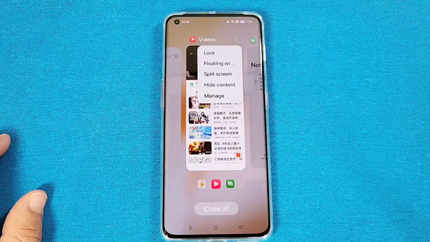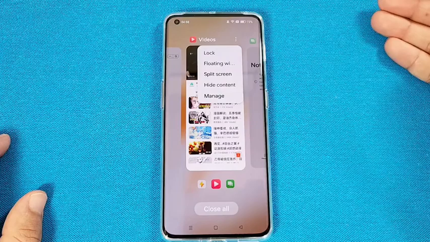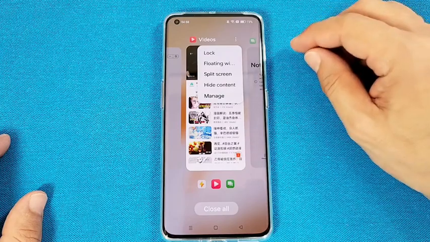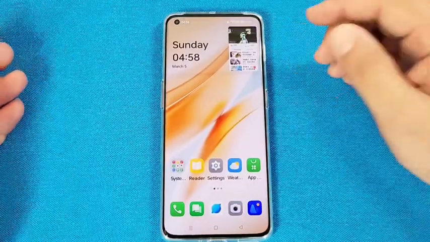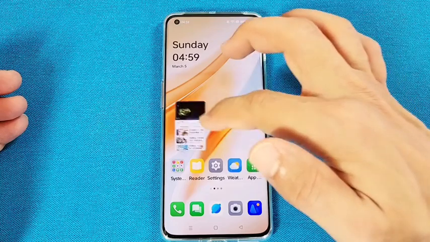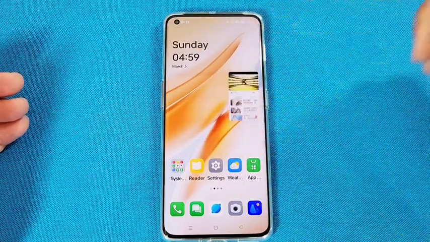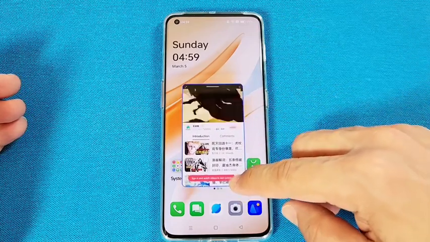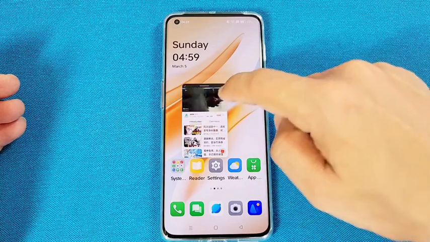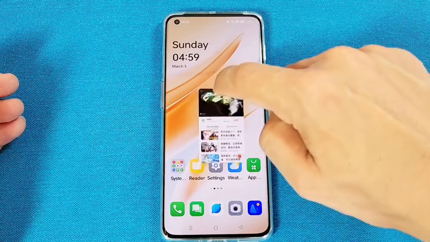And also that means that not every app on your OnePlus 11 will be able to go into floating windows mode. But if it's there, just go ahead and tap on it. You'll notice the app will enter into this floating window mode here where you can move around. And when you single tap it, it'll reappear in the middle of your screen like this here, where you can choose to adjust the size of it and still move it around by holding onto this bar here